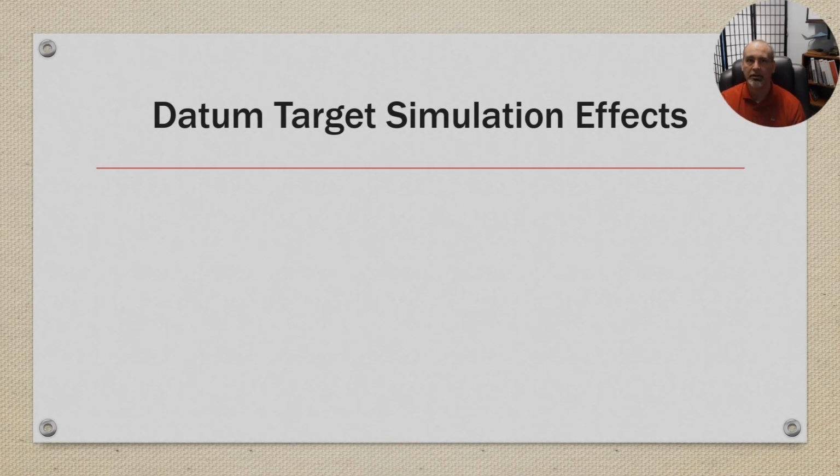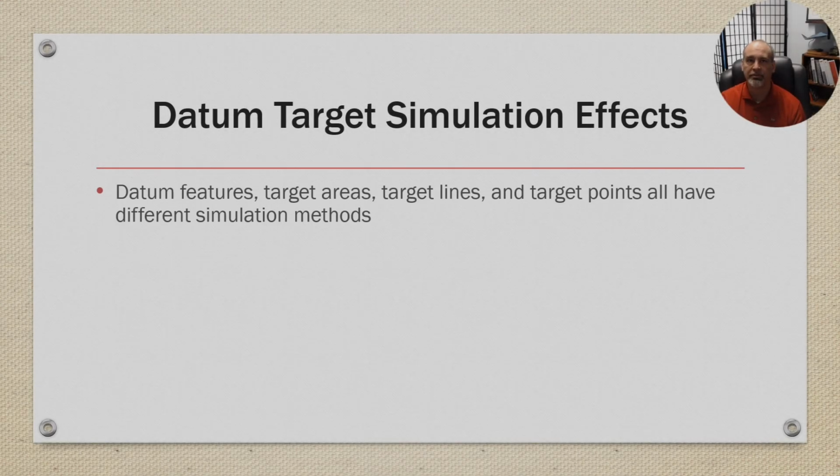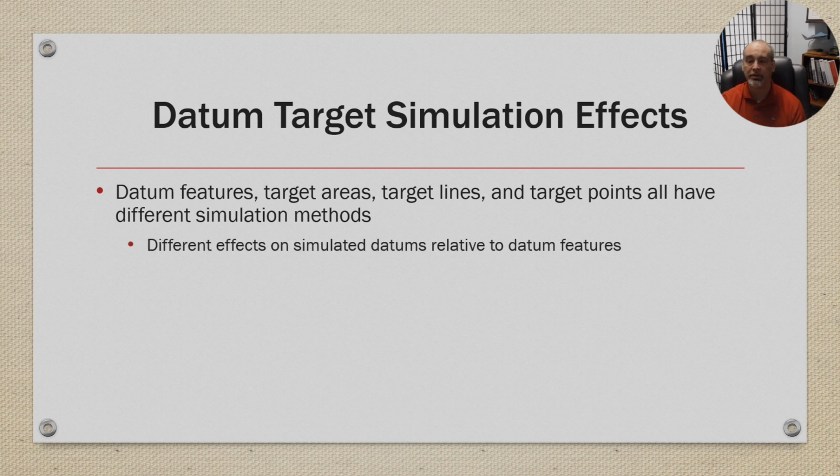Okay, datum target simulation effects. The datum features, target areas, target lines, and target points all have different simulation methods. The different effects on simulated datums are relative to a datum feature. There's little difference if the datum feature surface variation is small. But if it's big, yeah, there's a big difference. You can affect your tolerance of that